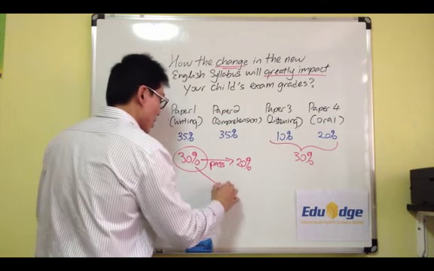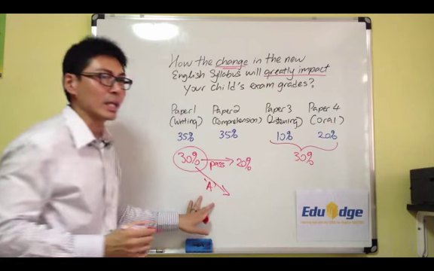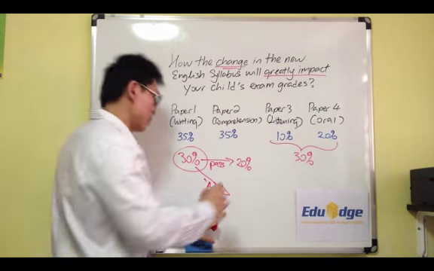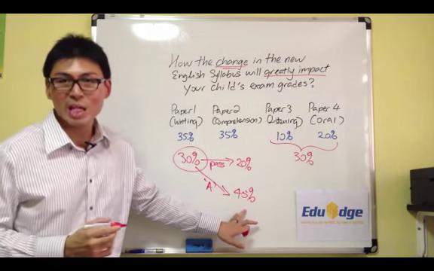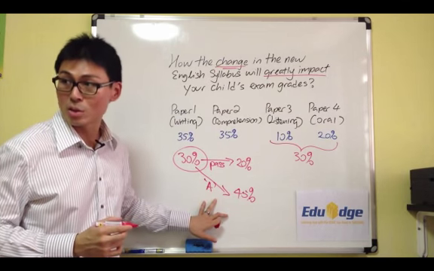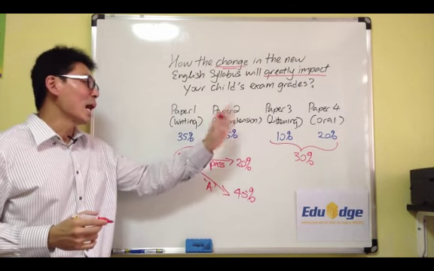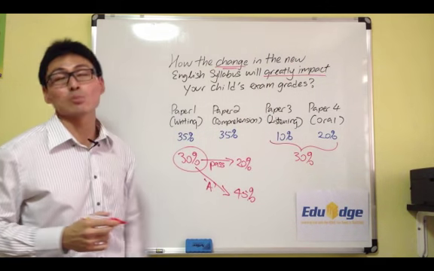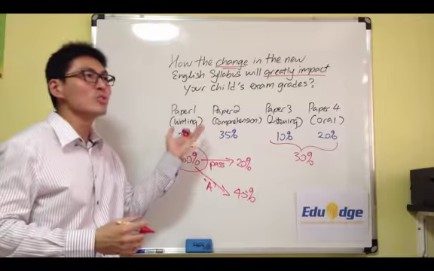Now, if a student wants to get their distinctions, they want to get an A. Distinctions under the O-level syllabus will be 75% and above. So all they require is just a mere 45% out of 70% to be able to secure their distinctions. Right? So in basic mathematical terms, the game plan is that students should strategize and score as high as possible for Paper 3 and Paper 4.